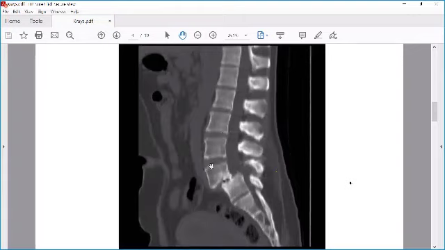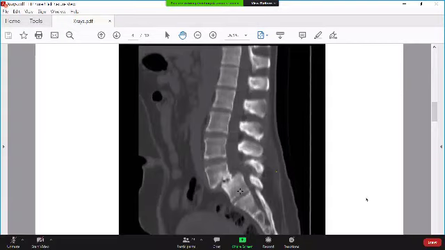If you see, there is a fracture in this part and there is a fracture in this part. So there's a fracture dislocation, but you can be confused with a listhesis. Listhesis is of 2 types: it can be an anterolisthesis or a retrolisthesis. So you have to look at that one.